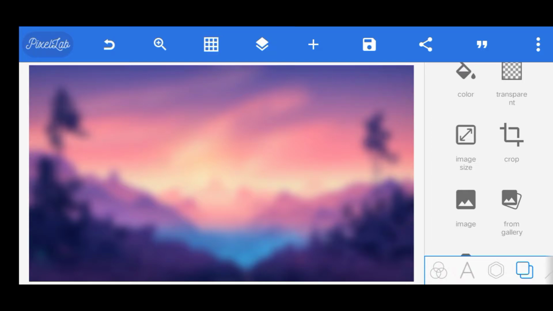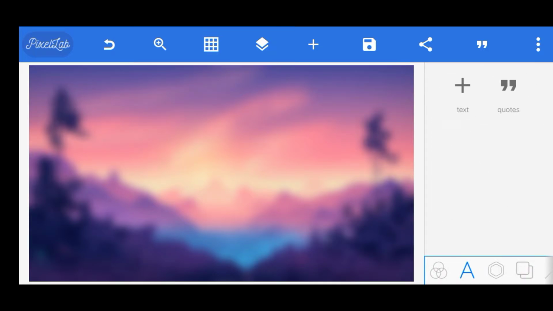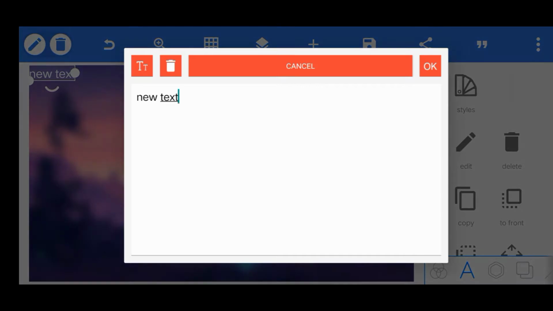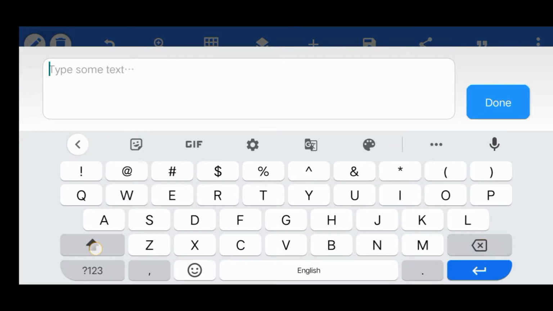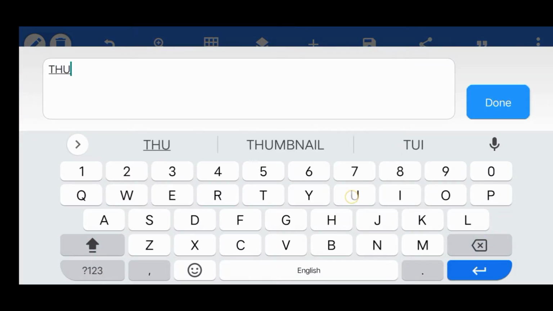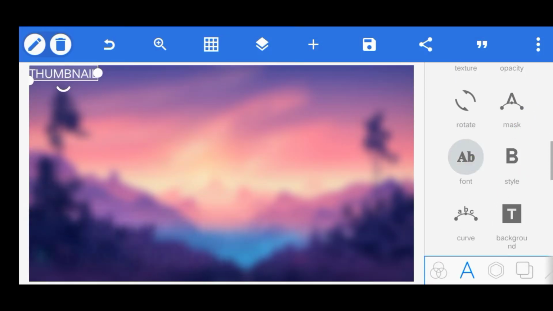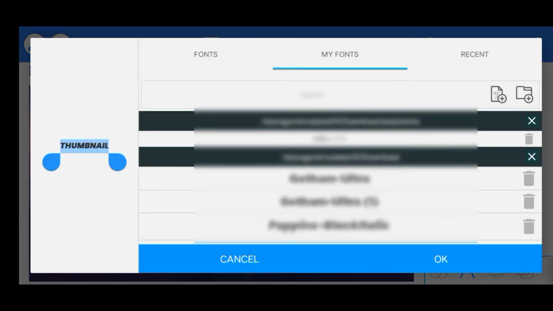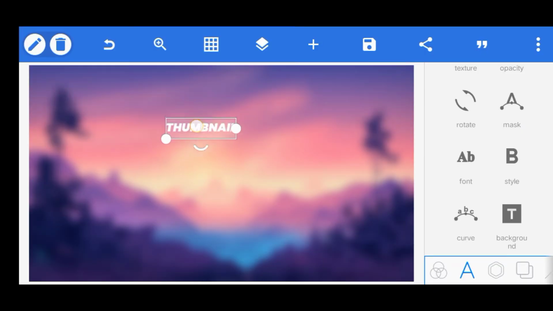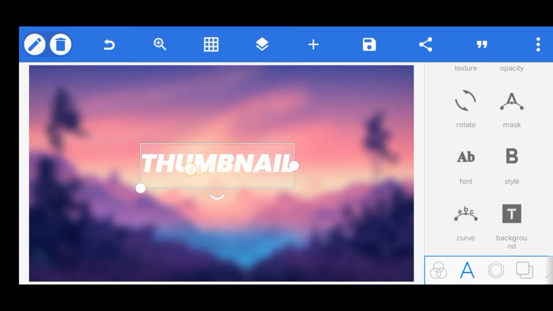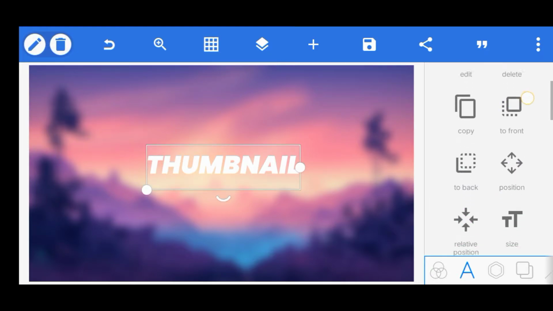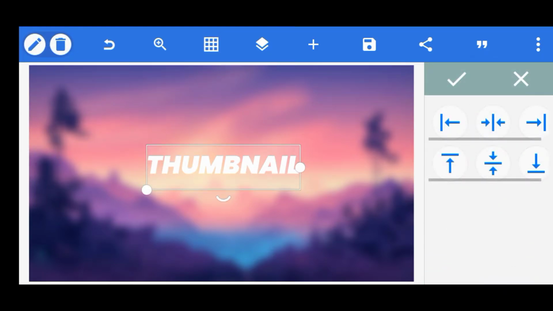Now this is the time to add a text on your thumbnail. So go to the text option and write your text. I am typing here "thumbnail". You can get my font and picture link in the description, but you can choose your font here. I am resizing it